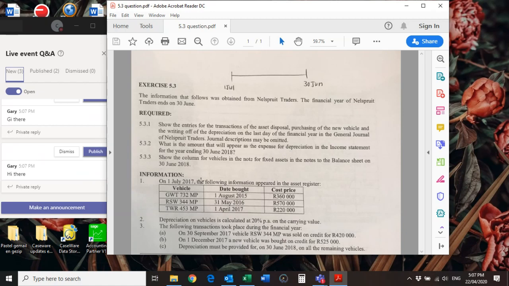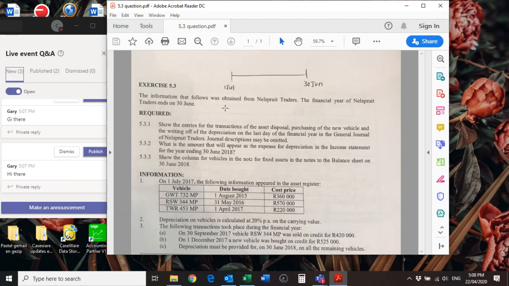So we'll do that when we do the note. I'll address this 5.3.2 when we do the note, because the line item stays the same. The expense amount stays the same. Then we saw, okay, we are obviously doing vehicles because this is my fixed asset register. What we will be doing on Friday after we've done the note, or maybe tomorrow, is look at internal controls in respect of asset registers and non-current assets.